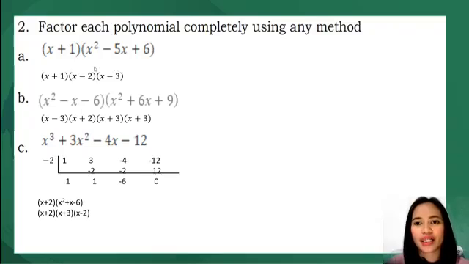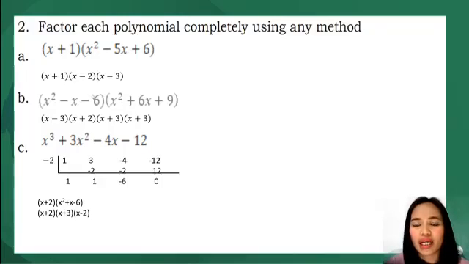So let's factor. We're going to write x plus 1, so be it. And then we're going to take a look at the factors of 6. The factors of 6 are 2 and 3. If we add 2 and 3, we get 5. Now, we look at the sign. The sign of 6 is positive. Therefore, we multiply a positive and a positive, or a negative and a negative. Since the middle term has a negative sign, we take a negative and a negative. So x minus 2 times x minus 3.